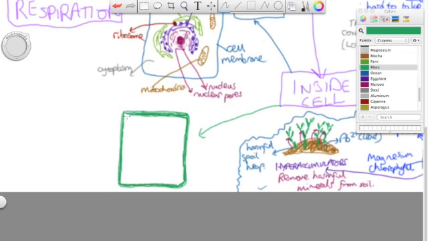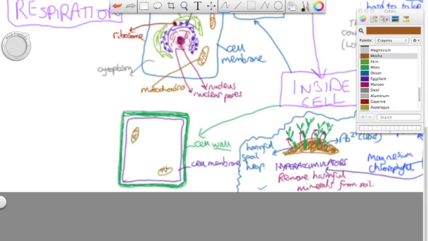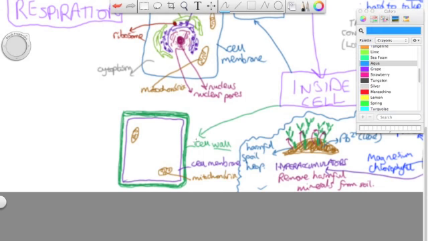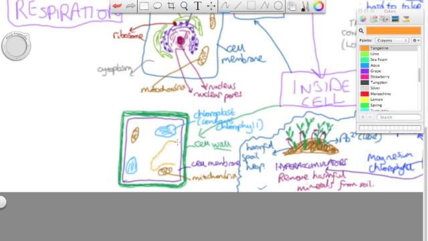Now a plant cell has some features that are similar and some different features to an animal cell. First of all, it has a cell wall made of cellulose, which gives the plant its structure, a cell membrane to selectively allow some chemicals into and out of the cell, mitochondria again to release energy. Now those blue things there are chloroplasts, and they contain chlorophyll, which traps light to be used for photosynthesis. You've also got a large vacuole there,